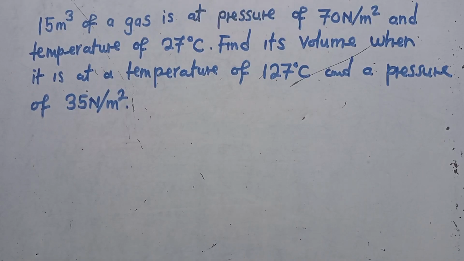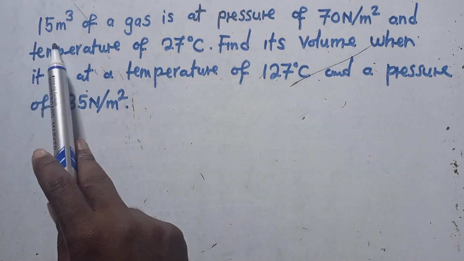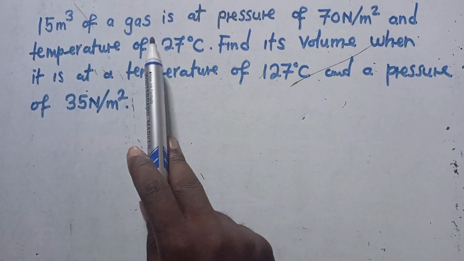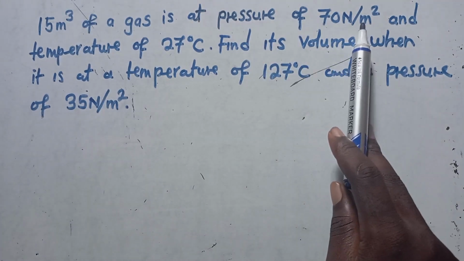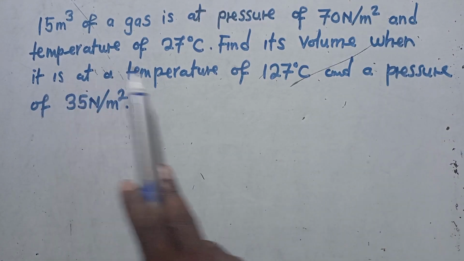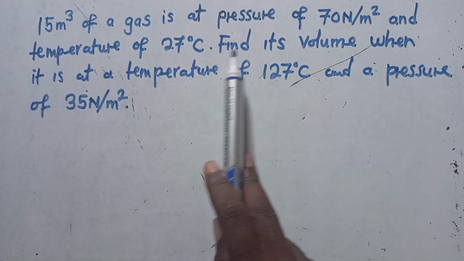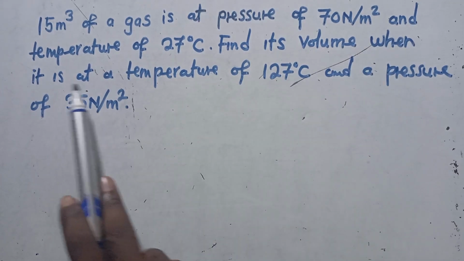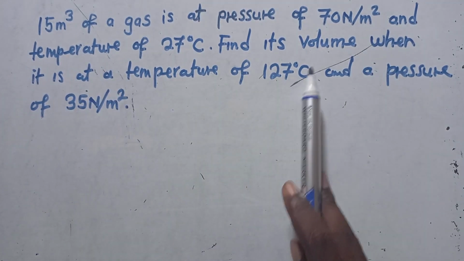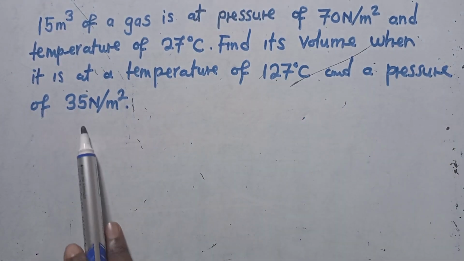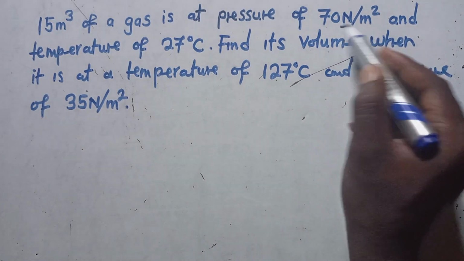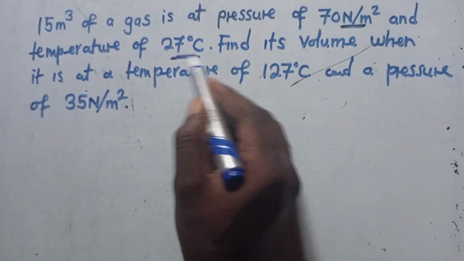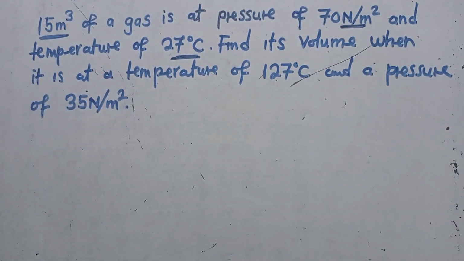So this is a wonderful question. The question is saying 15 cubic meters of a gas is at a pressure of 70 newtons per square meter and a temperature of 27 degrees Celsius. Find its volume when it is at a temperature of 127 degrees Celsius and a pressure of 35 newtons per square meter. Whenever you see a question where you've got pressure, temperature and volume, just know that